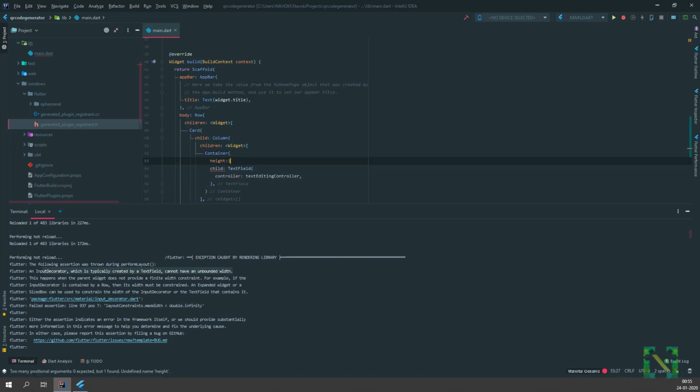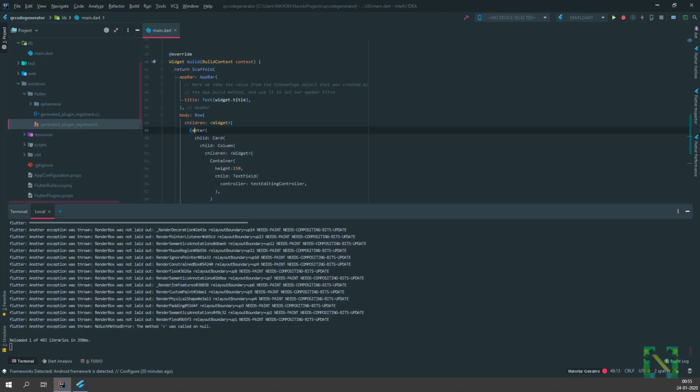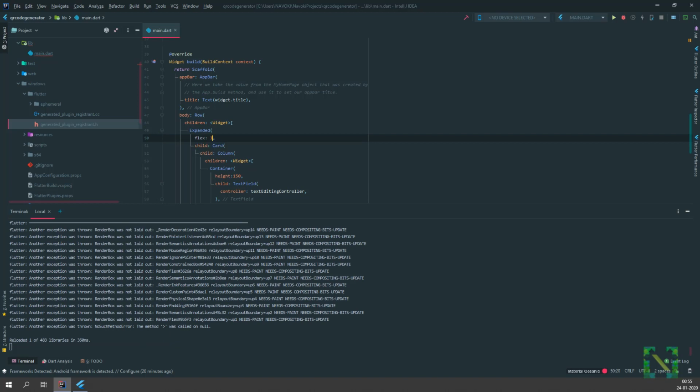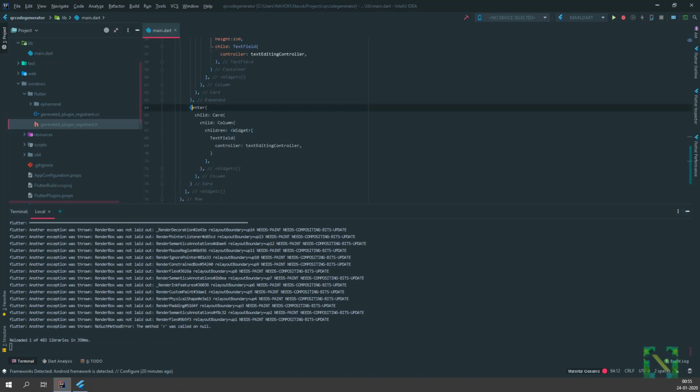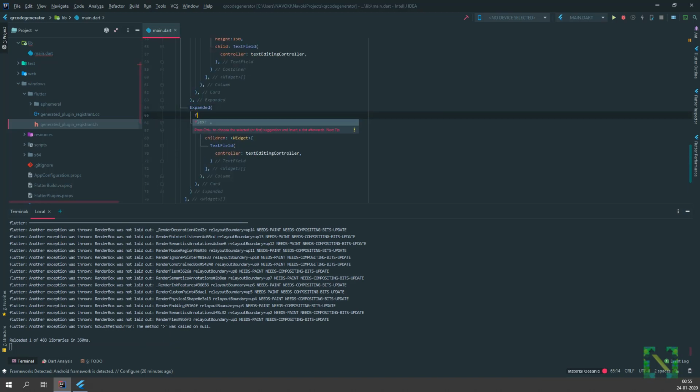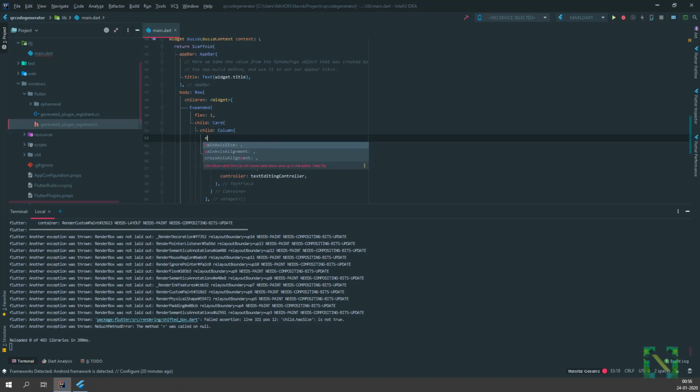I have set the height of the text field as 150. Now we will wrap both the cards in the Expanded widget. This will divide the cards in equal ratio.